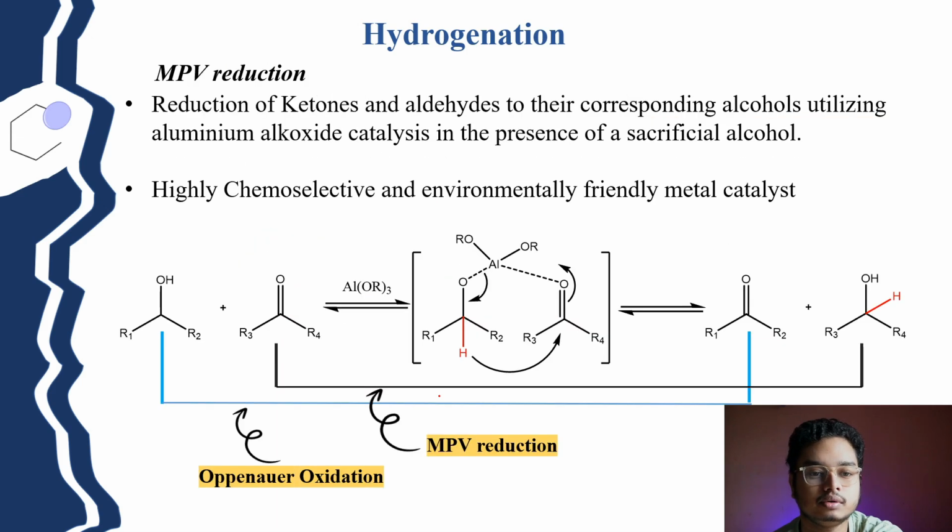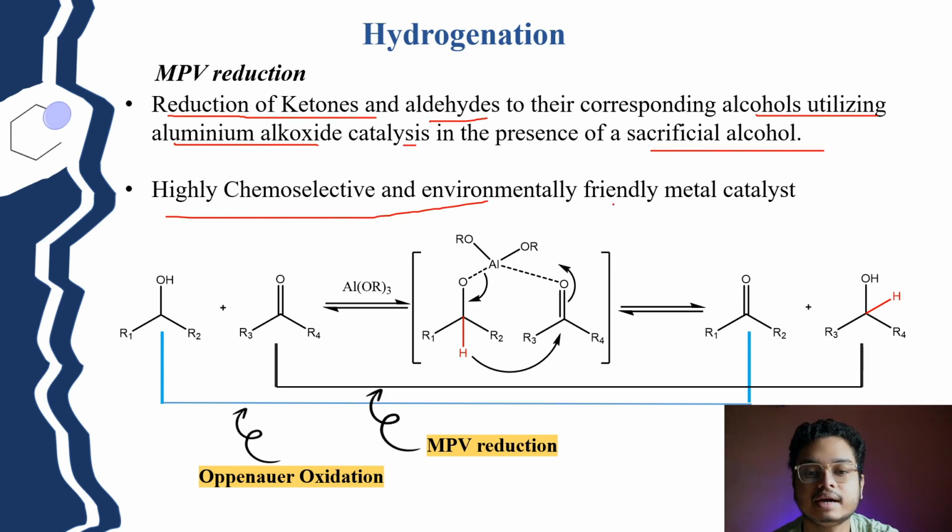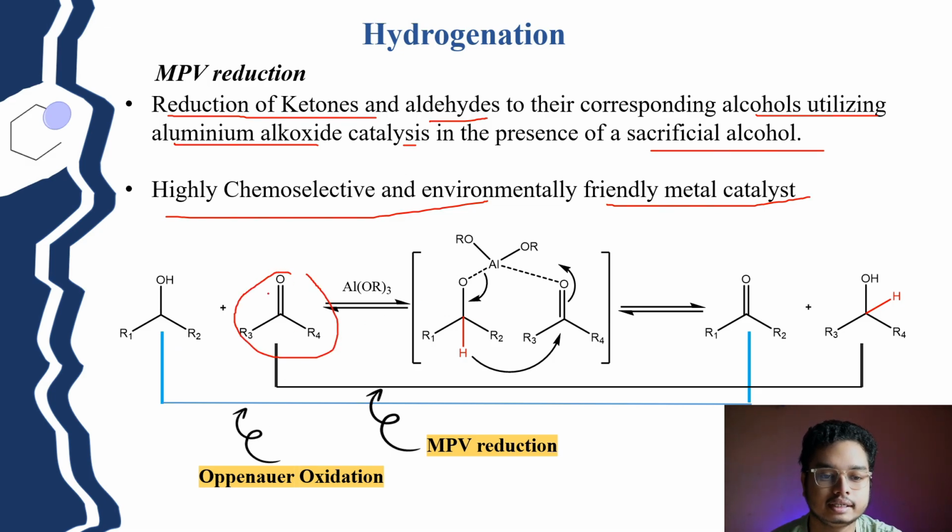Now we are talking about the MPV reduction. MPV reduction is the reduction of ketones and aldehydes to their corresponding alcohols utilizing an aluminium alkoxide catalyst in presence of a sacrificial alcohol. This reaction is highly chemoselective and environmentally friendly, as metal catalysis is used here. So this is our ketone, and this is our sacrificing alcohol. Now these two react in presence of aluminium alkoxide to get this type of intermediate, where the aluminium chelates with both of the oxygen centers here,